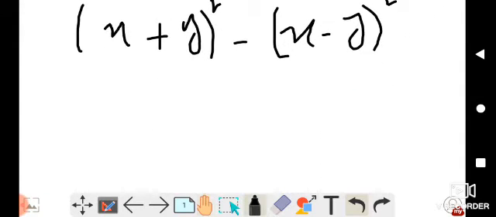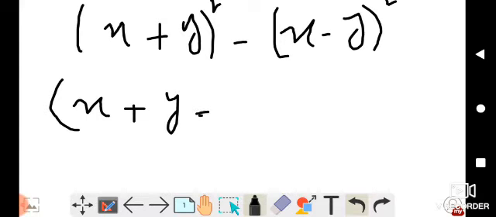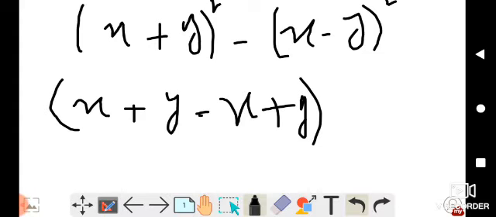So how many brackets should there be? Two brackets should be there, one positive, one negative. So write first x plus y. In the first bracket there is x plus y. Now the minus sign, and x. Okay beta, now this minus multiplied by y, because before y there is a minus. Minus into minus is plus. So plus y.